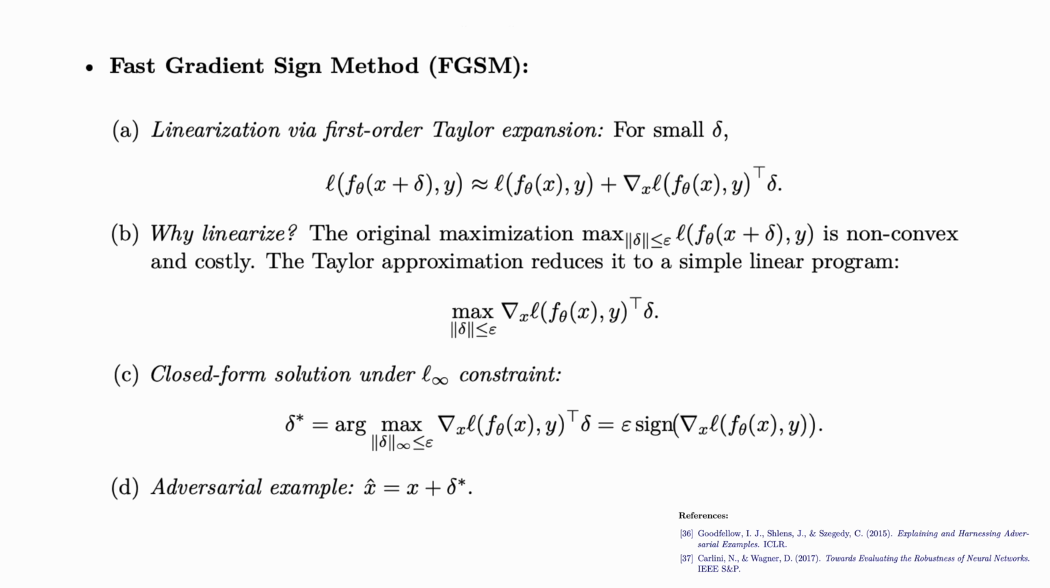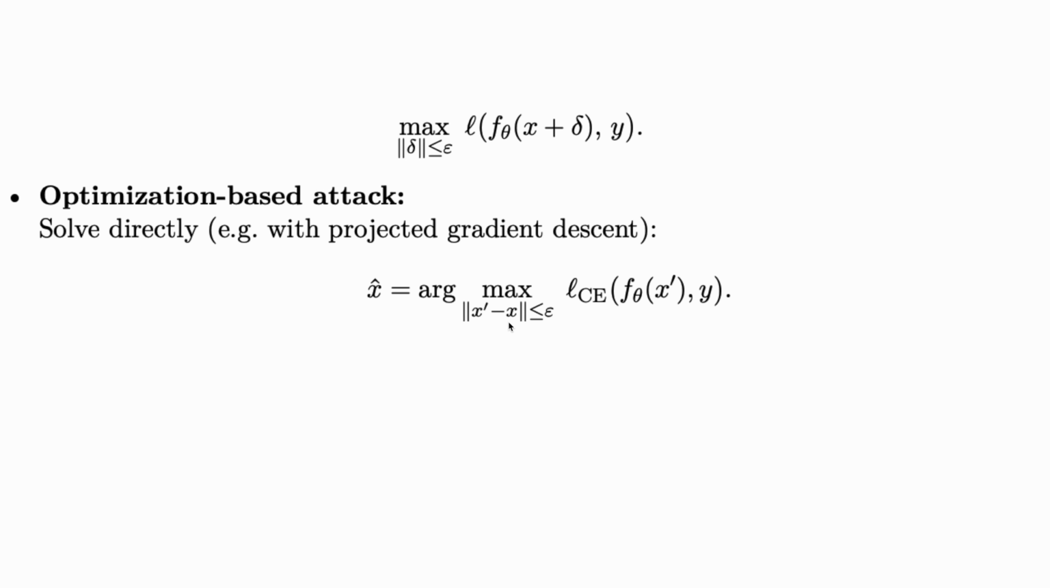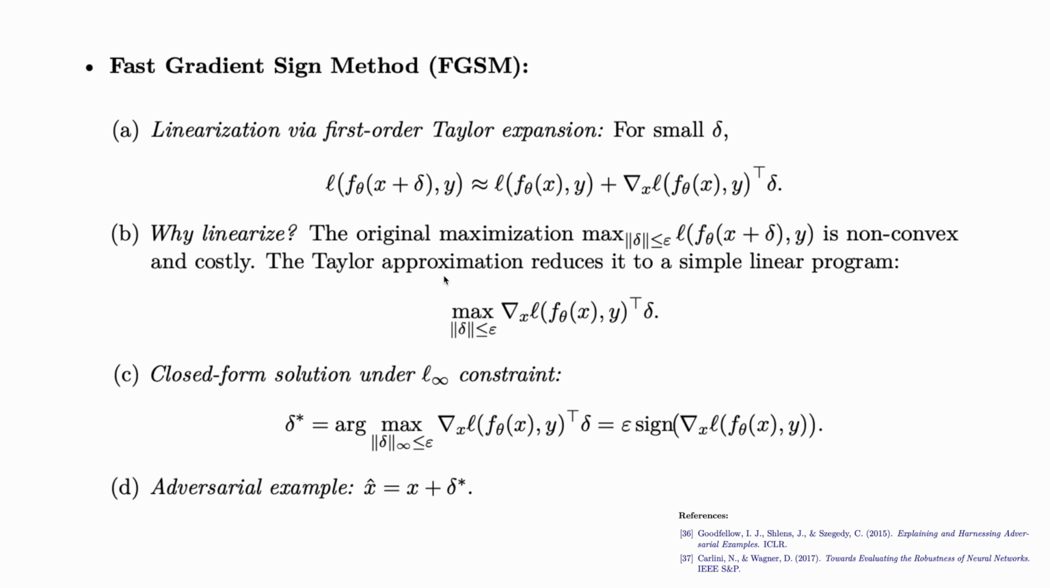The issue with this first approach, optimization-based attack, is that you need to solve an optimization problem, right? So every time you want to do an attack, you need to solve, for example, projected gradient descent, so you need to do gradient descent. So you need to burn some compute, okay? But what you can do, you can use this approach